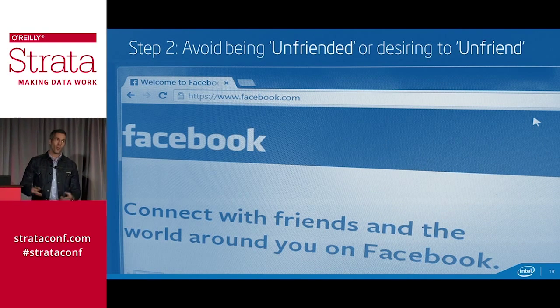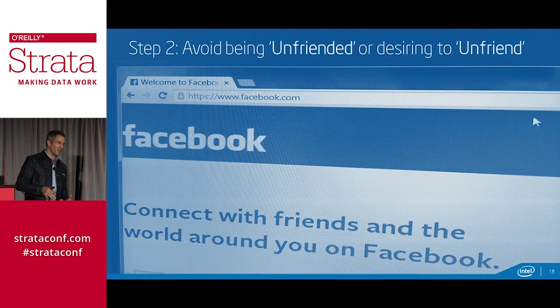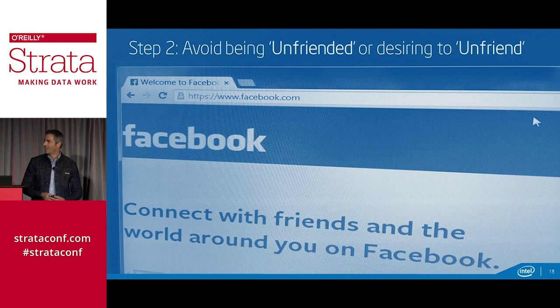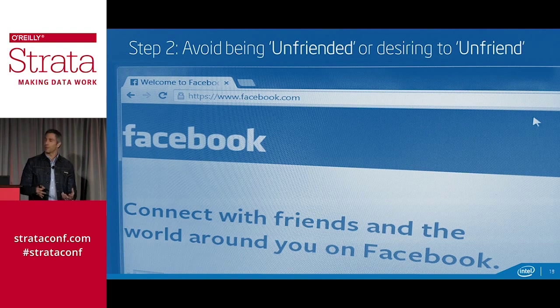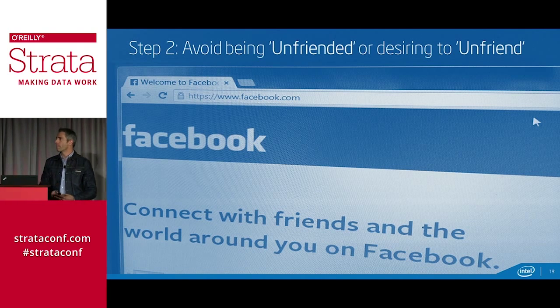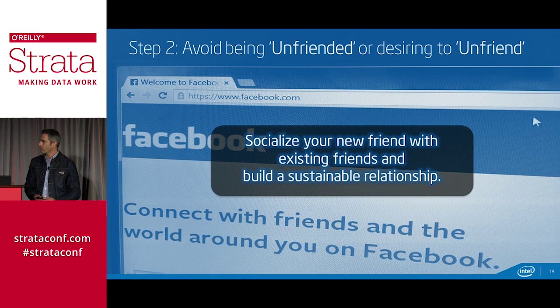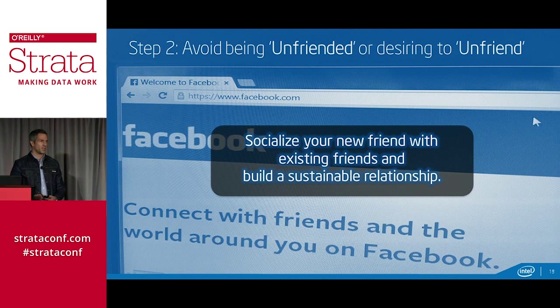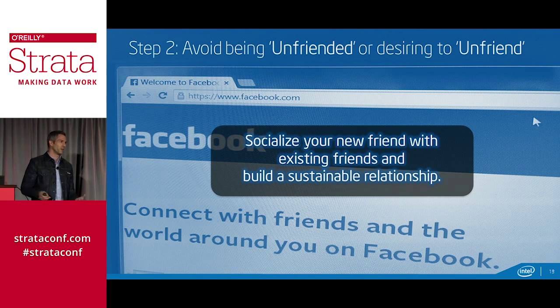Okay, so once you've actually friended graph analytics and gone through that stage, what's worse than a rejected friend request is getting unfriended, or wanting to unfriend someone you friended who's sending you all kinds of things in their timeline, driving you nuts and all that. So some advice on this too. If you want to keep the friends, socialize them with your other friends. I mean, make common connections and make sure you can build a sustainable relationship, that you have the energy to put into the relationship that you establish. And do that before you go into it.